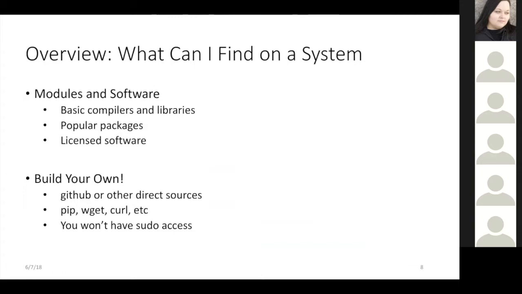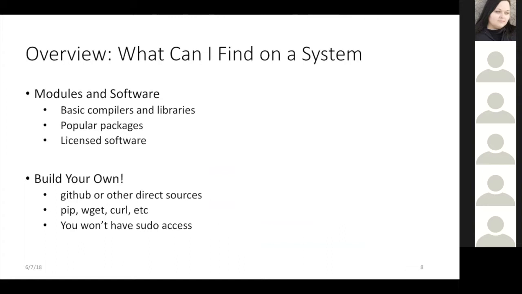Here's a few things that you can find on a system. Stampede 2 is based on a Lua module system. So you can always access basic compilers and libraries. We automatically provide you with access to Intel compilers and GNU compilers, as well as all of the requisite libraries for those.